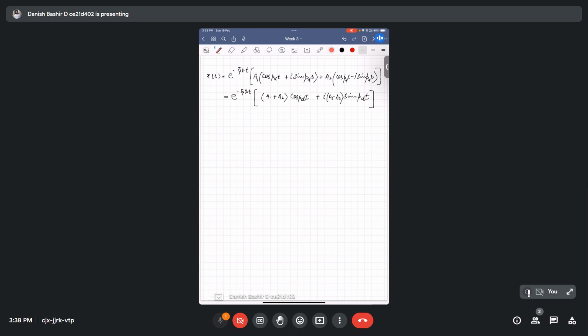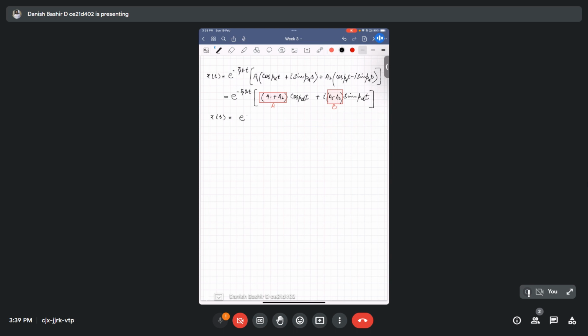Let me put it in another color: a1 plus a2 divided by a, and a1 minus a2 as b, because these are only constants, so we can replace them. Then for any other symbol, x of t we will obtain then